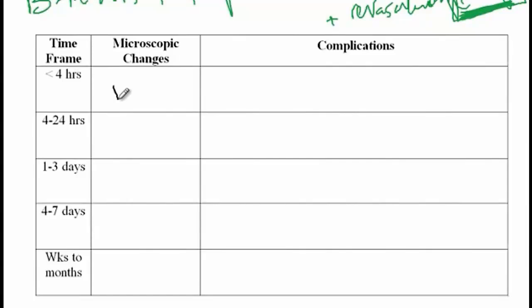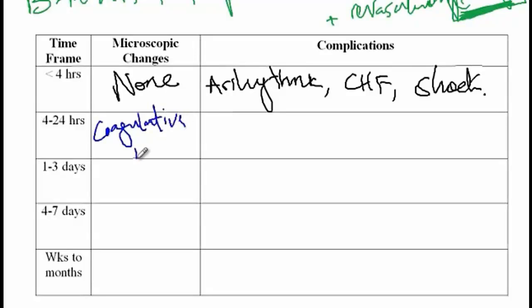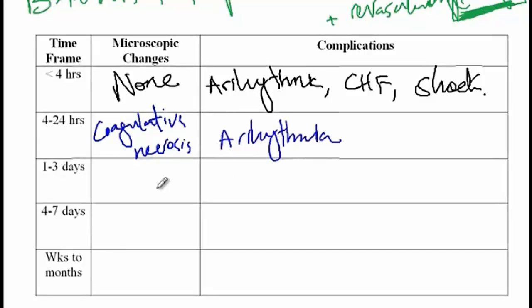So in less than 4 hours, you do not see any microscopic changes, but these patients are at increased risk of arrhythmia, congestive heart failure, as well as a cardiogenic shock. In 4 to 24 hours, microscopic changes show coagulative necrosis with risk of arrhythmia. In 1 to 3 days, neutrophils will come to the site of myocardial infarction, cause inflammation,